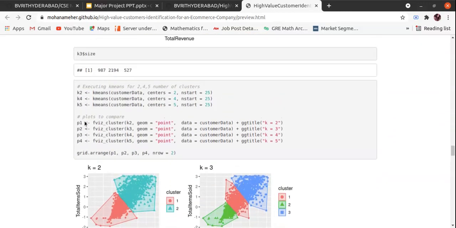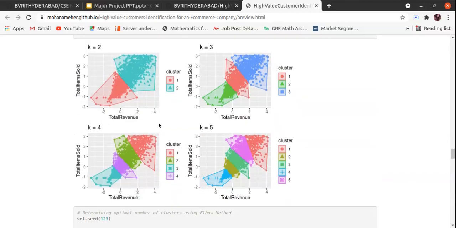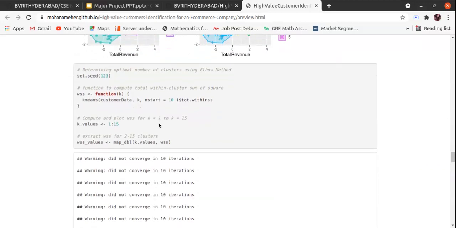It is often advantageous to use several different values of k and examine the differences in the results. We executed the same process for 2, 4, 5 clusters and 2, 4, 5 centers, and the results are shown here. We used the elbow method to determine the optimal number of clusters.